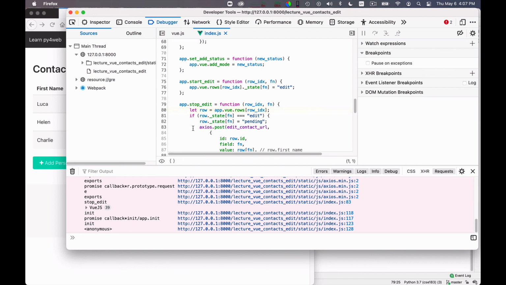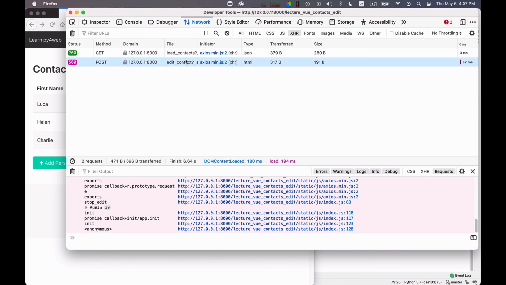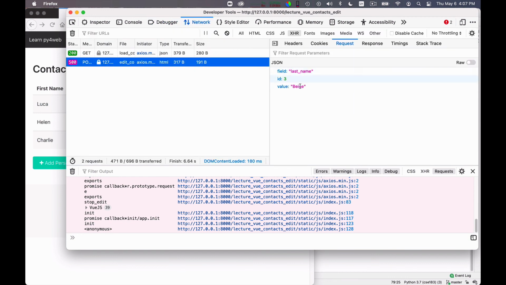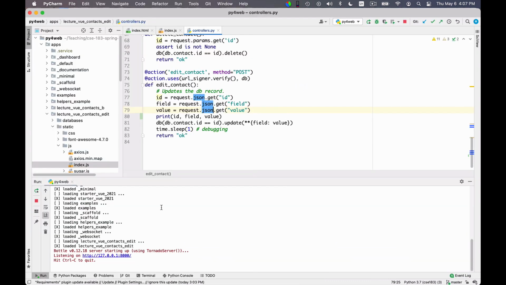If you see that something is happening, you check the network tab, you look at your requests, and you check that they make sense. In this case, they don't have a response, because the response is an error 500. And then, once you see that the requests are correct, you move on to the server, where you try to debug the issue. So that's a general procedure for debugging.